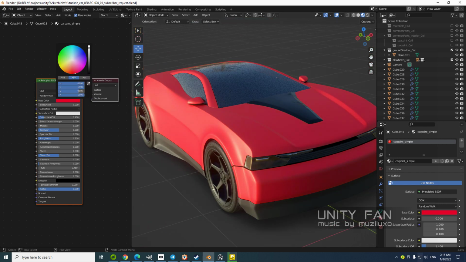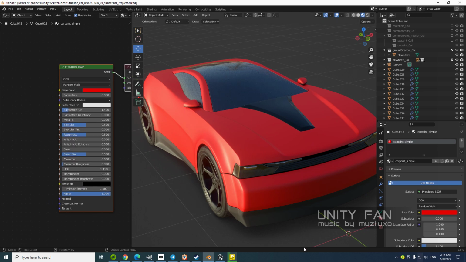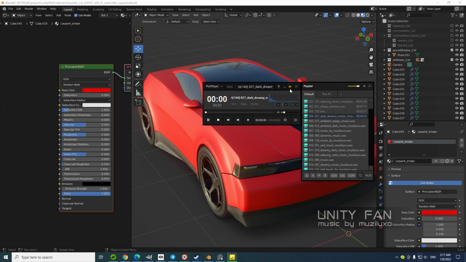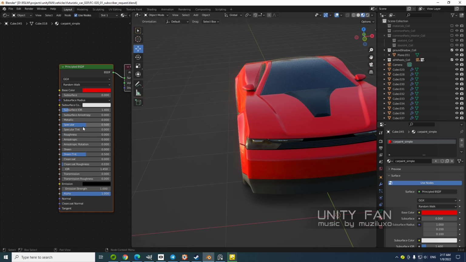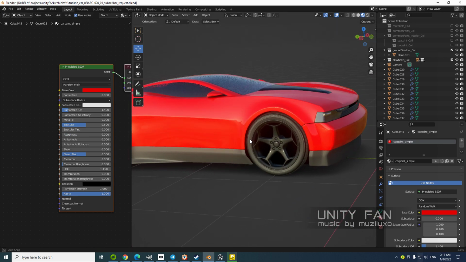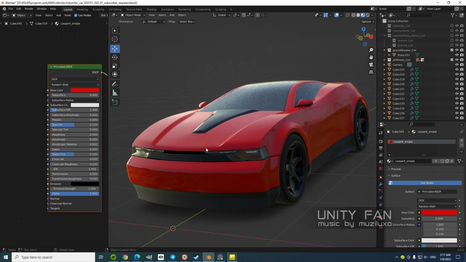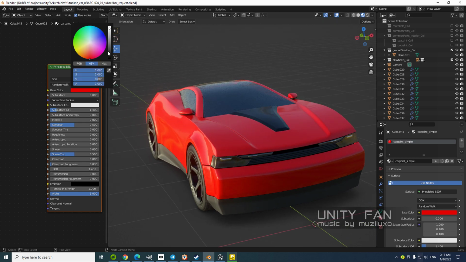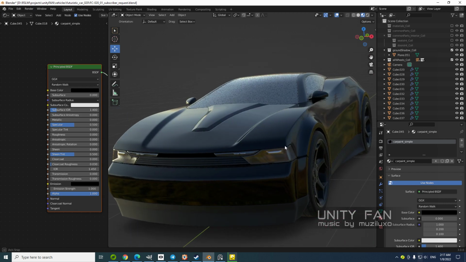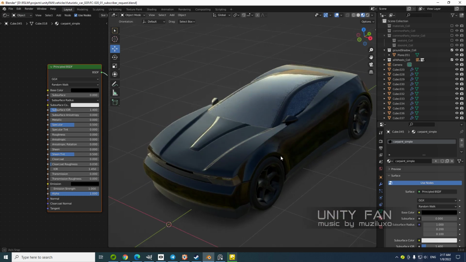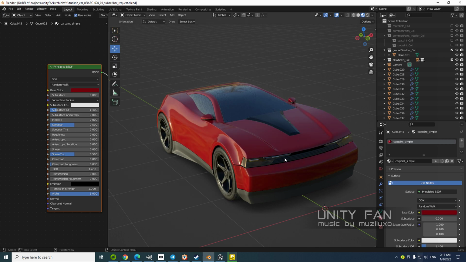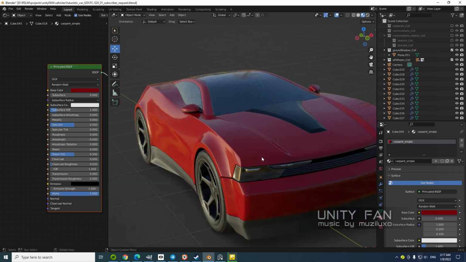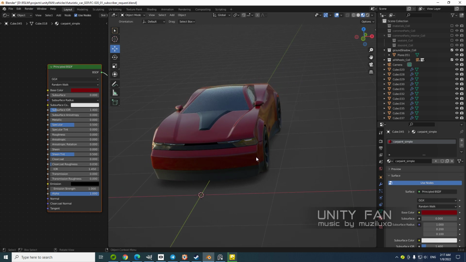I usually change just the diffuse color to any color I want, and what I do next, I just get the roughness all the way to 0. Okay, move this slider all the way to 0, and that's how you make a very simple car paint material without any complicated things. So there are also some more complex ways. It's a regular car paint, but a lot of car paint material is metallic car paint,